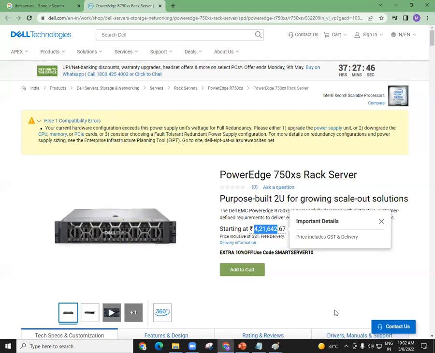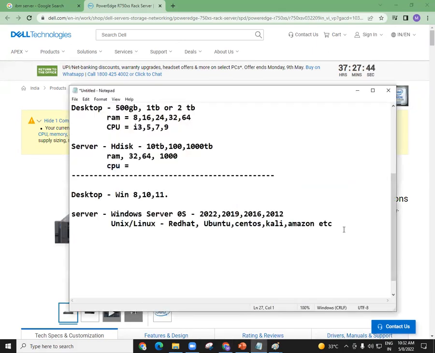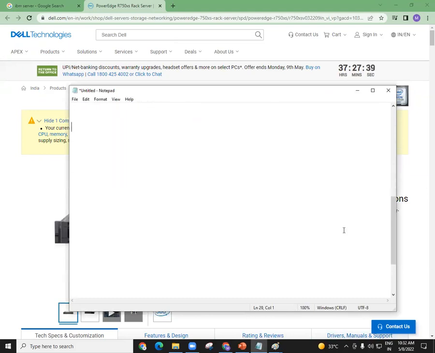Okay, friends. So now let us do some calculation here. This calculation is very much needed again. Suppose imagine in your company you need totally 100 servers. By the way, 100 servers is not a big company or not even a small company. It's around a medium level company.